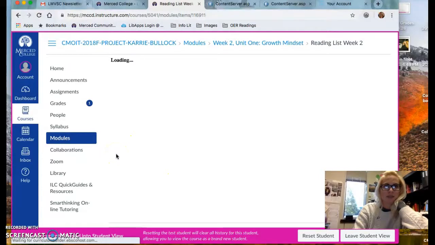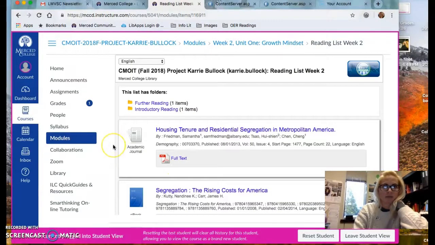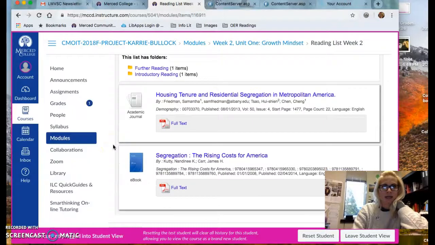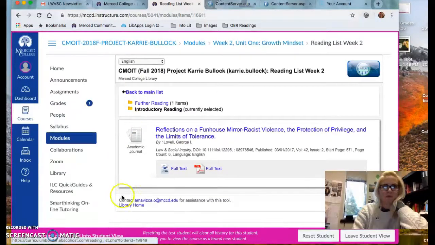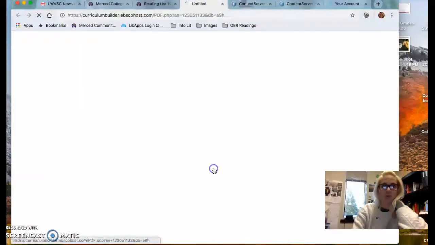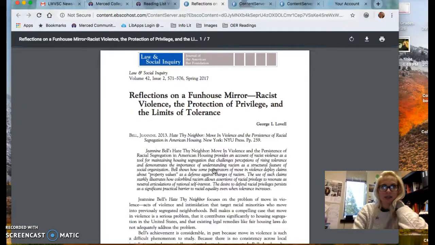So again, this is how my students are going to look at the readings that I give them. Okay, again, here they are organized by folder. Can click into the folder and click into the full text, and it'll open just as it did in the